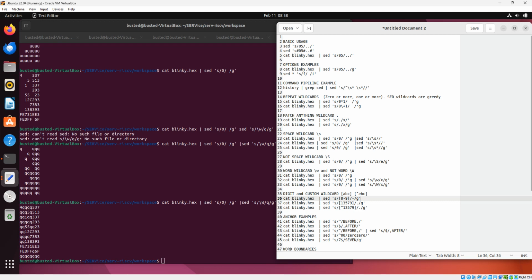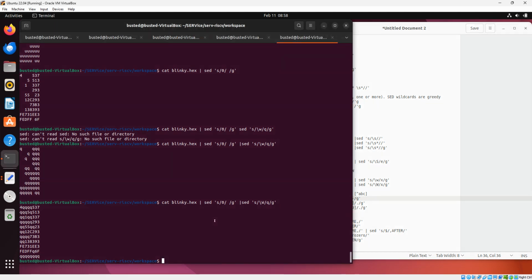But those have a \d, similar to the \w for word and \s for space. They had a \d for digits. Sed does not support that. So in order to find numbers,